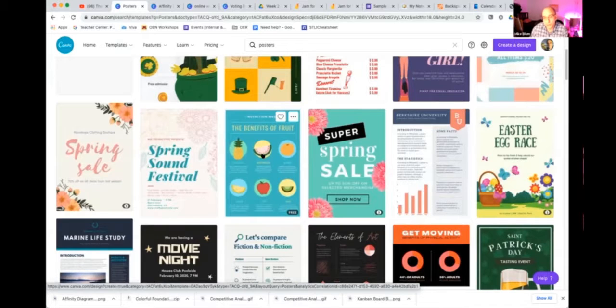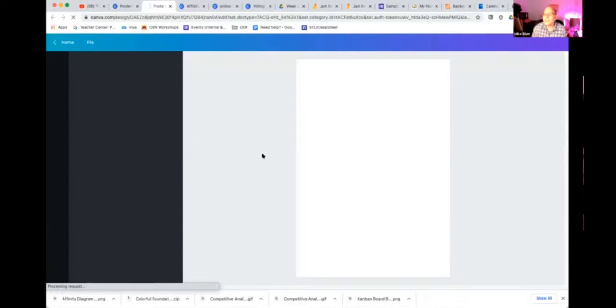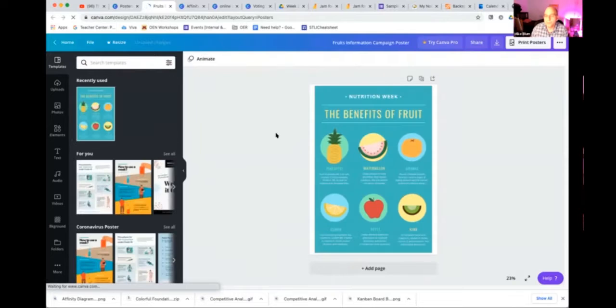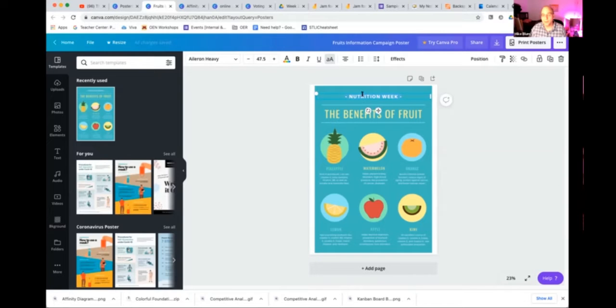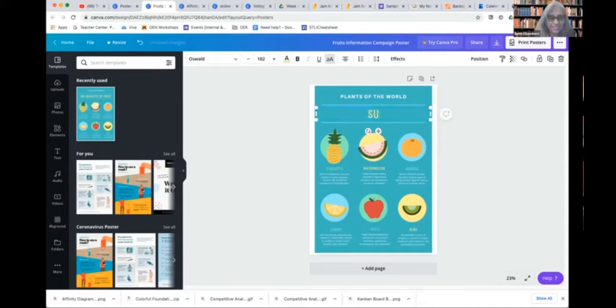This one's free, so that's good. I'll click on that. And it's the same exact thing as I showed you before. So Canva is super interactive. I can click on the pineapple, I can get rid of that, and I can create my own entirely different poster. I might just find a format that I like, but I can make this about anything. So I could make this, plants of the world, right? I'm doing that for you, Beth. So plants of the world, and then you can say, succulents,